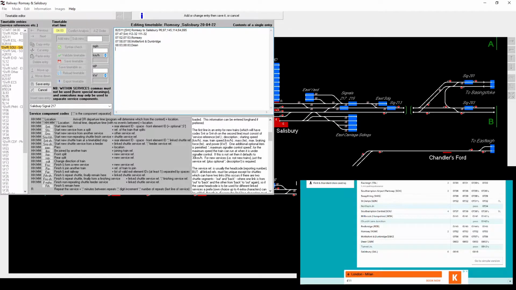I'll be very disappointed if there's no splitting and joining in the near future that I can use as an example. 8:16 at Salisbury. 8:17 change direction. 8:18 we finish and become